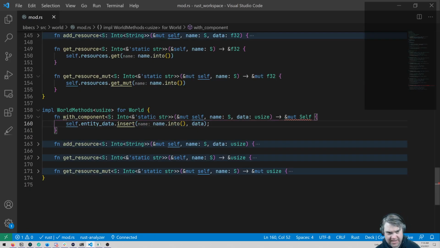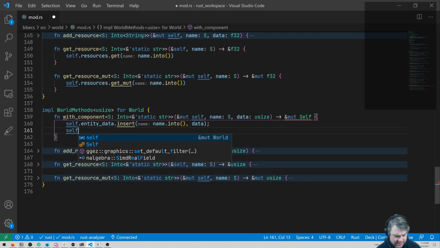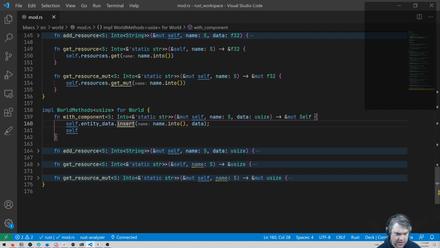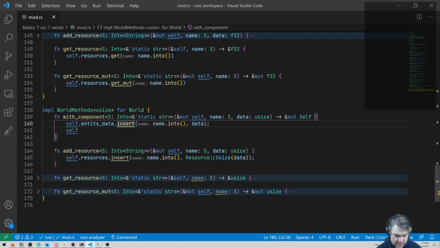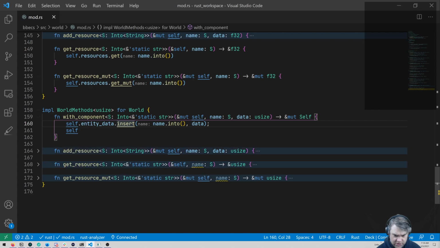I'm trying to keep my tab list clean here because as I'm going through all these different files, remembering which ones I was in is actually a lot tougher. Right, and I forgot I need to return self with this. So that makes it happy here. So you're all good here then.